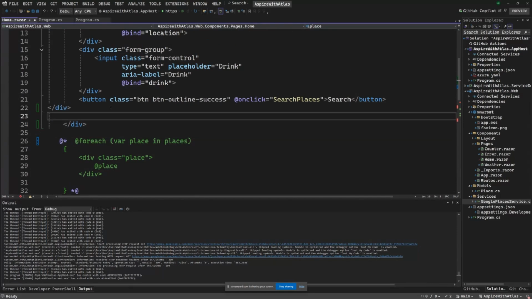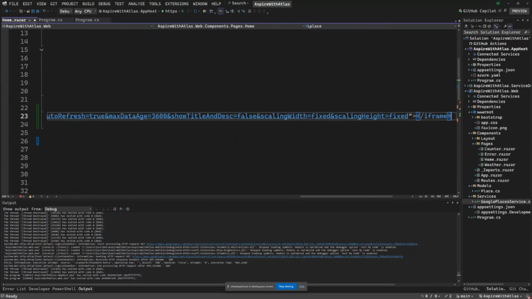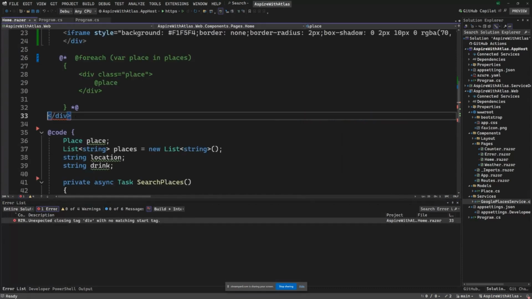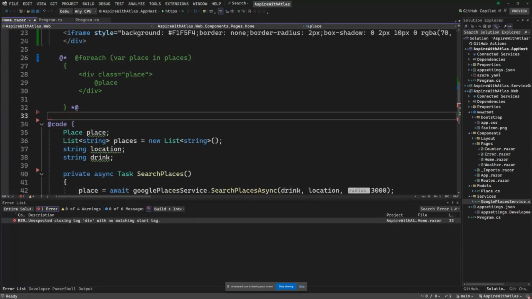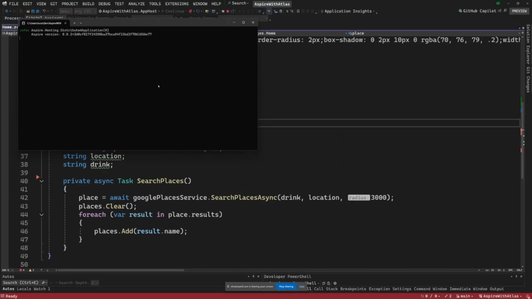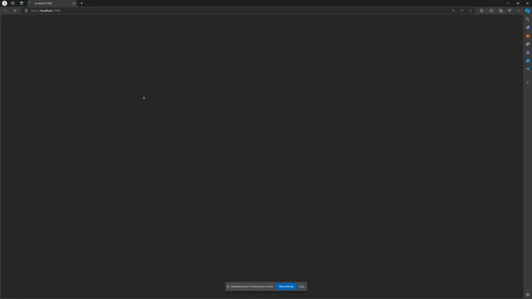I should go up here. Open the iframe. So if we run that now, oh, what have I done? I'm breaking things now. There we go. Right. So if we run this, hopefully it will just work. This is live mode though, right? So anything can happen. I've seen them anyway, so if it doesn't work, you'll just have to take my word